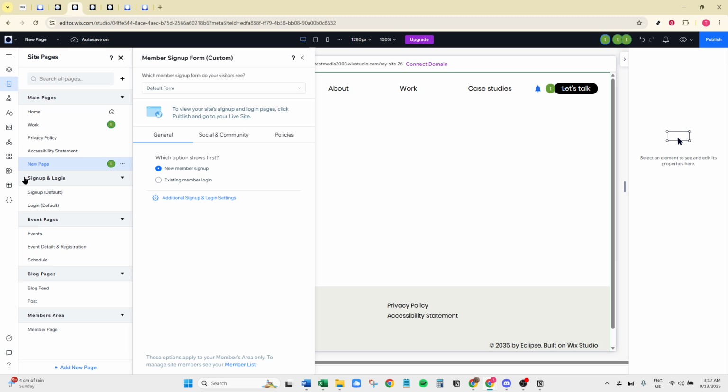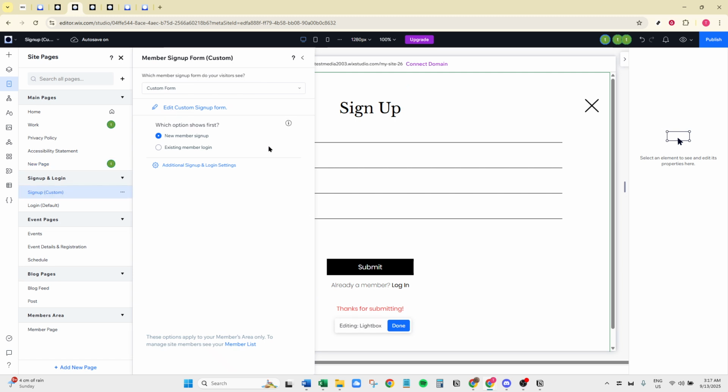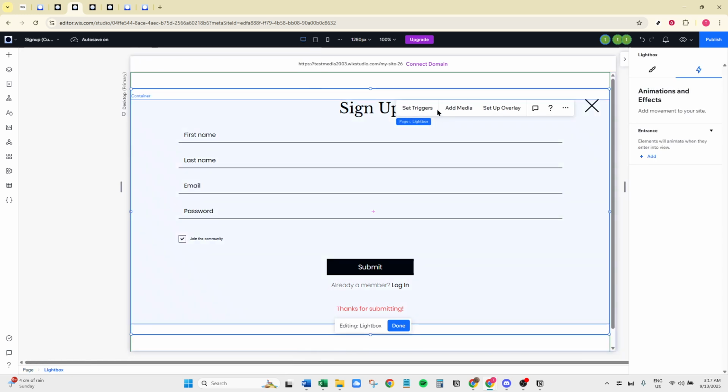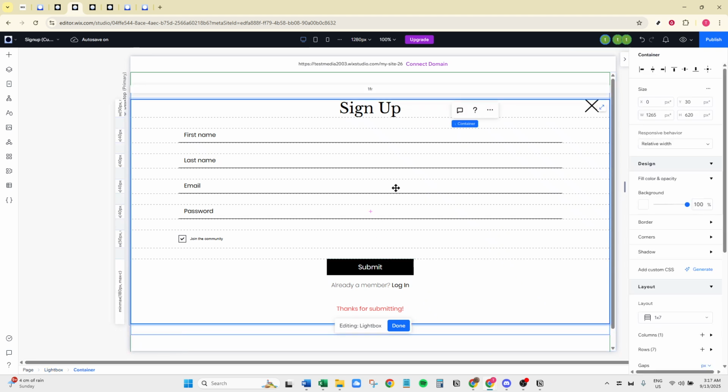With the members area added, it's time for customization. This is where you can really make the space your own. Consider what you want your members to experience. You can customize the member pages based on your preference, tailoring the design, layout, and content to fit your brand and meet the needs of your community. Take your time with this. It's one of the most important steps to ensure your members are engaged and satisfied.